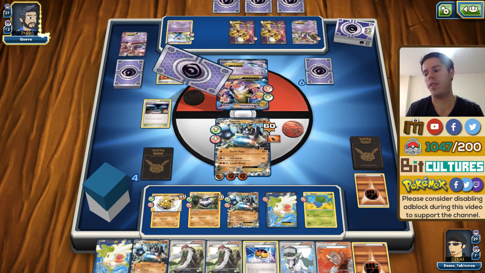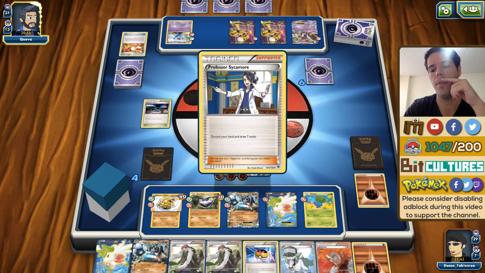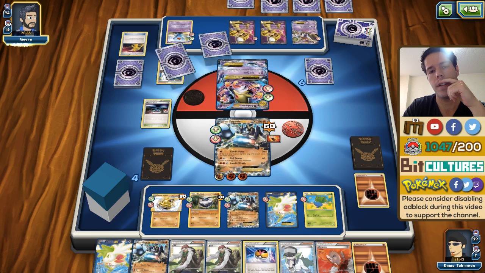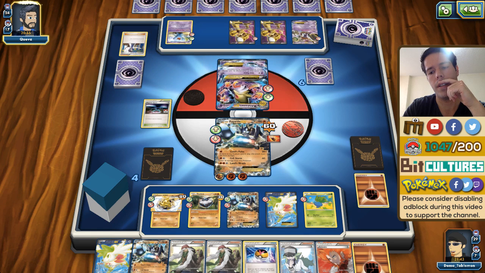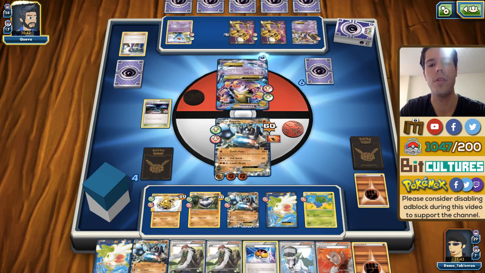that's good for us. He's gonna Sycamore, so if he runs the Stadium, he will definitely be able to get it right now, most likely. I mean, he will be halfway through his deck. There's a Spirit Link, so potentially more damage counters. He gets the energy. Or maybe...